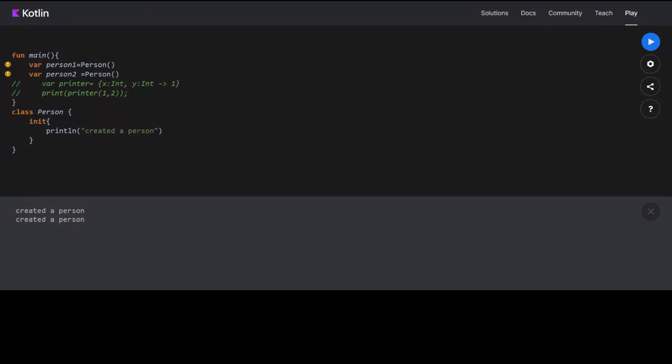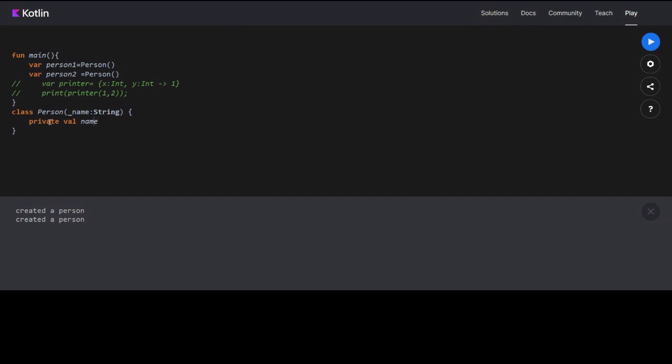Now, private and public. In classes there is a feature where you can hide something. For example, let's say I want to hide the name of the person. I would just say private val name, which I also take in the constructor, and the type is string.